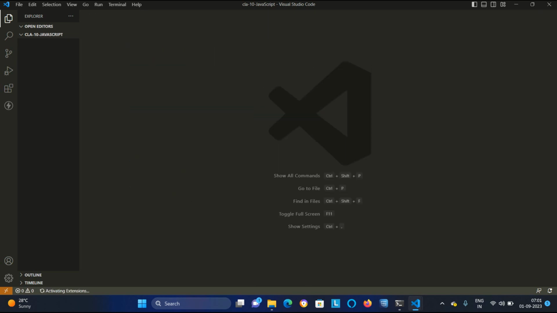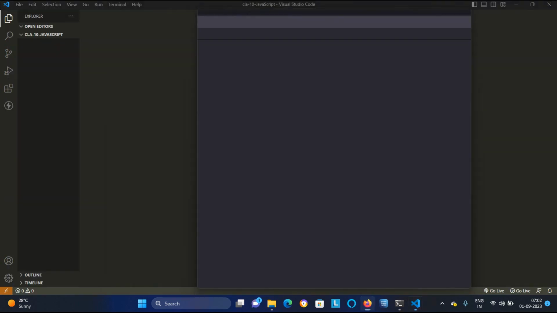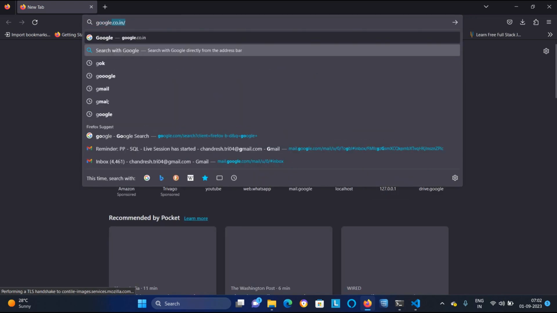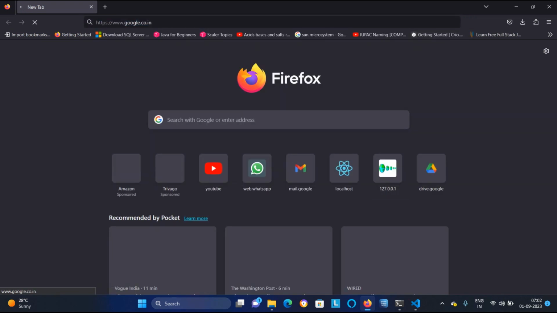So to make this add to cart, we will have the requirement of some images. I hope that you guys face problems while downloading the images. So what can you do?